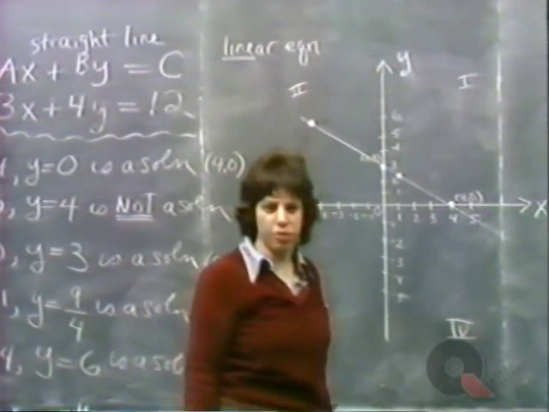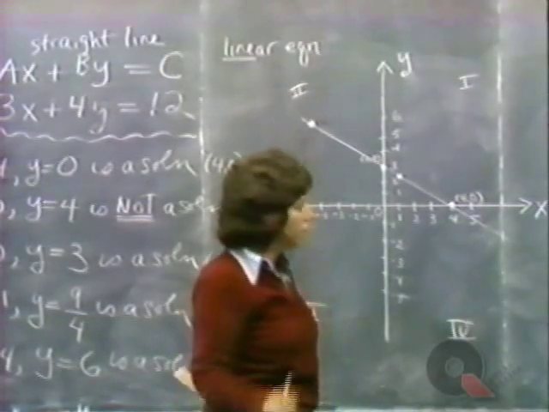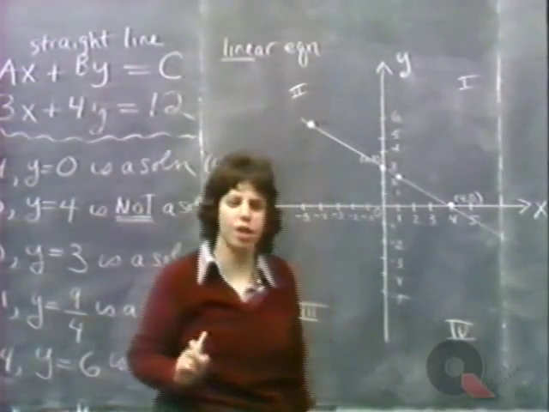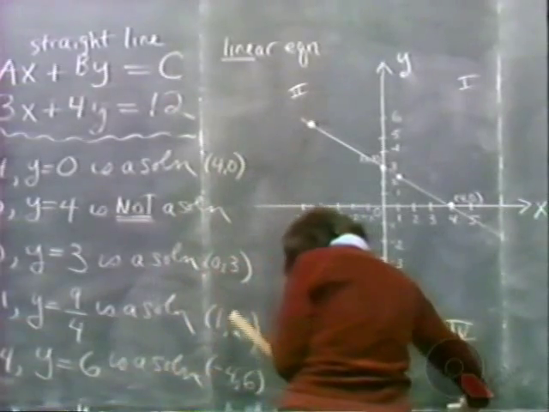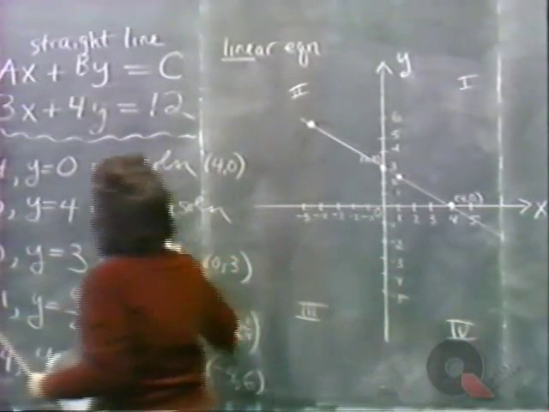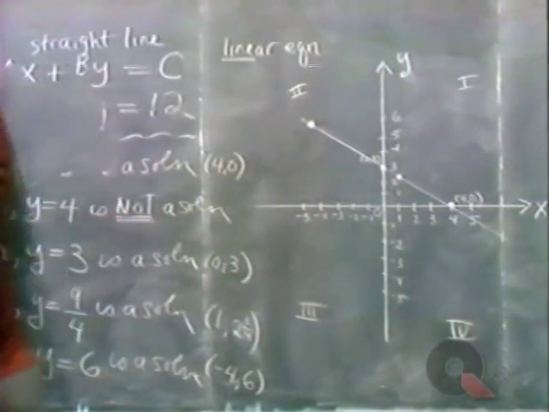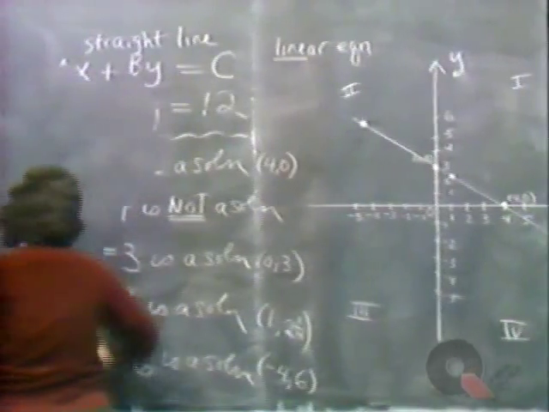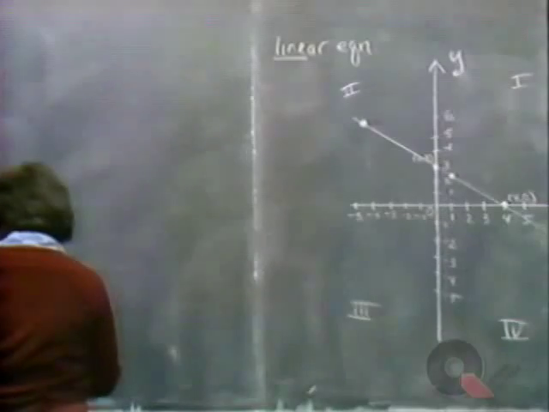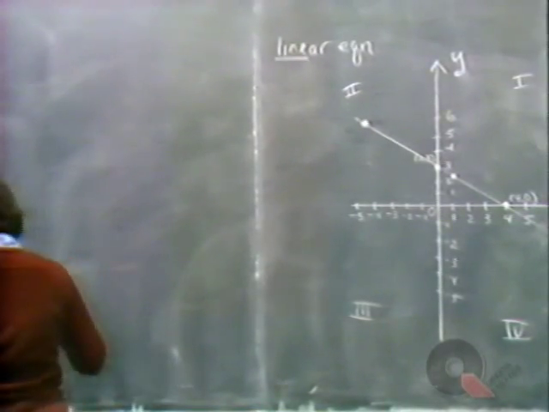These are ordered pairs of numbers. The order is crucial. The first value is the x value. The second value is the y value. Okay, let's try to graph some more equations. The next one we're going to try is 5x